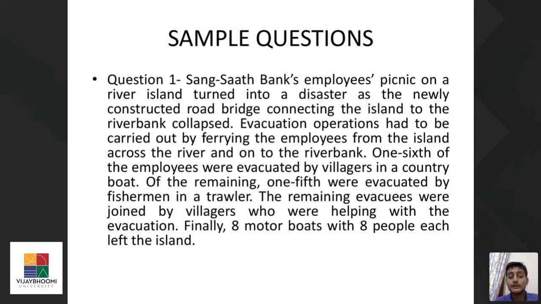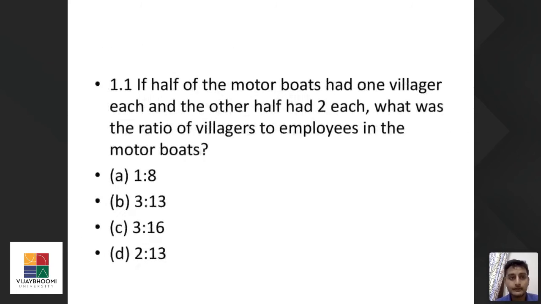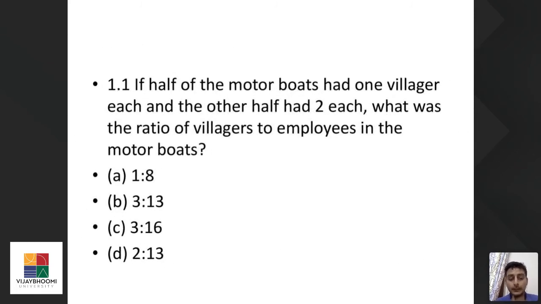1/6 of the employees. Okay, so there was this disaster. 1/6 of the employees were evacuated by the villagers in a country boat. 1/5 were evacuated by fishermen and trawler, and the remaining were joined by villagers who were helping with the evacuation. Finally, 8 motorboats with 8 people each left the island. So it's 64 people leaving by motorboats. Next slide. So if half the motorboats had 1 villager each and the other half had 2 each,